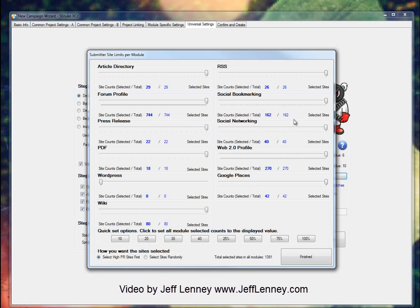Let's say you've got 162 social networking sites. Those sites take up the most of your deCAPTCHA. So if you want to cut that in half, you can, for example. I'm just going to drop it down to 100, which is actually going to save me a few bucks. So basically, if you look at the bottom, we've got